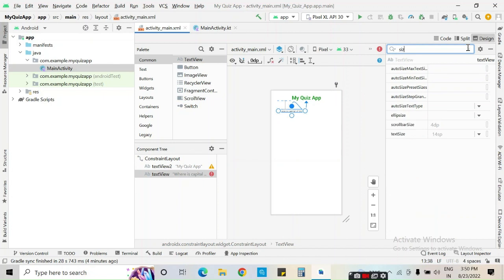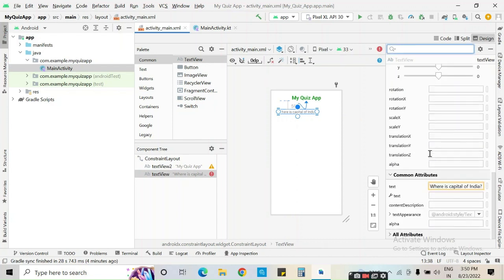So you can search for size here, 20 dp, and here we can write question number also. So one dot,